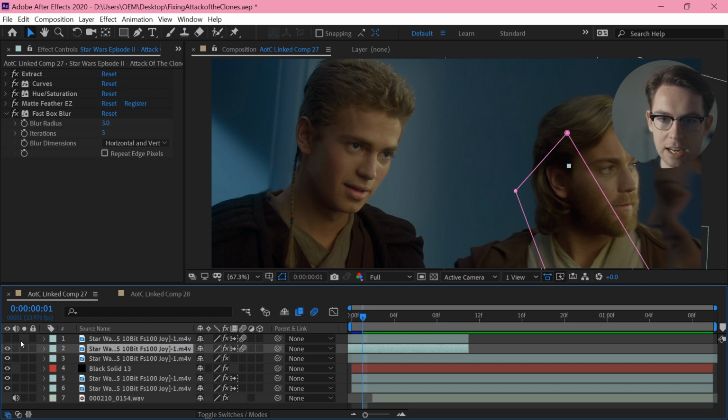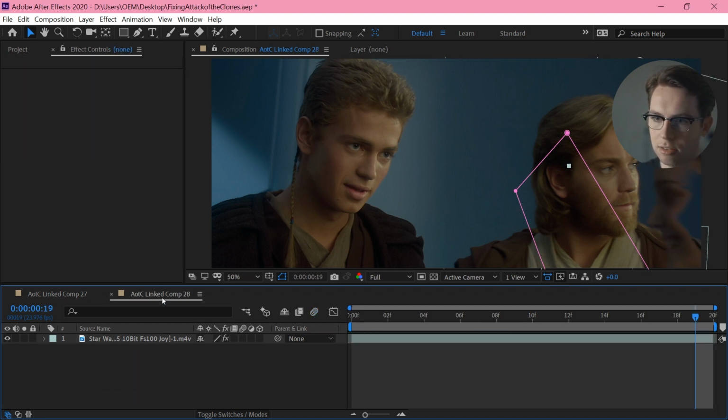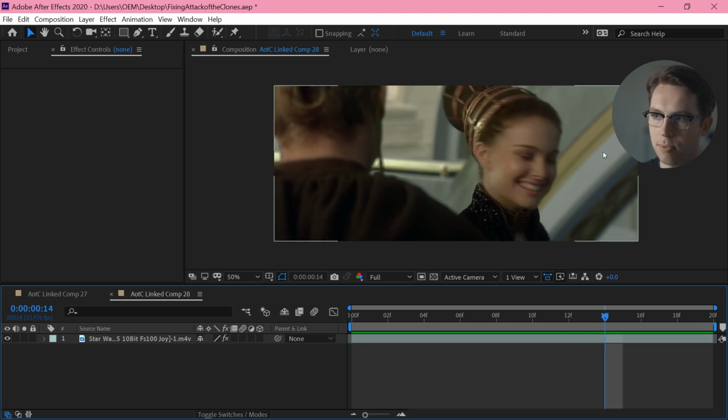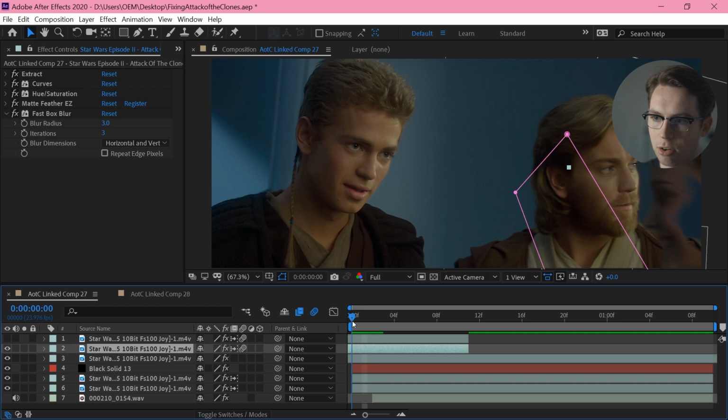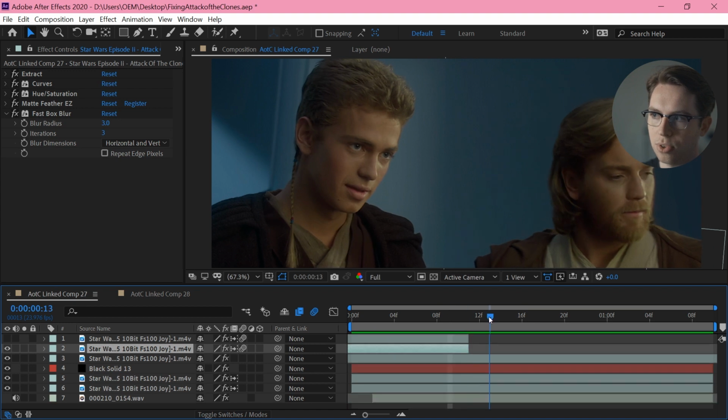And then I'm adding this shot. I'm flipping it, I'm reversing it in time, and I'm sticking it over top of this. So she starts facing in this direction and then turns towards us.